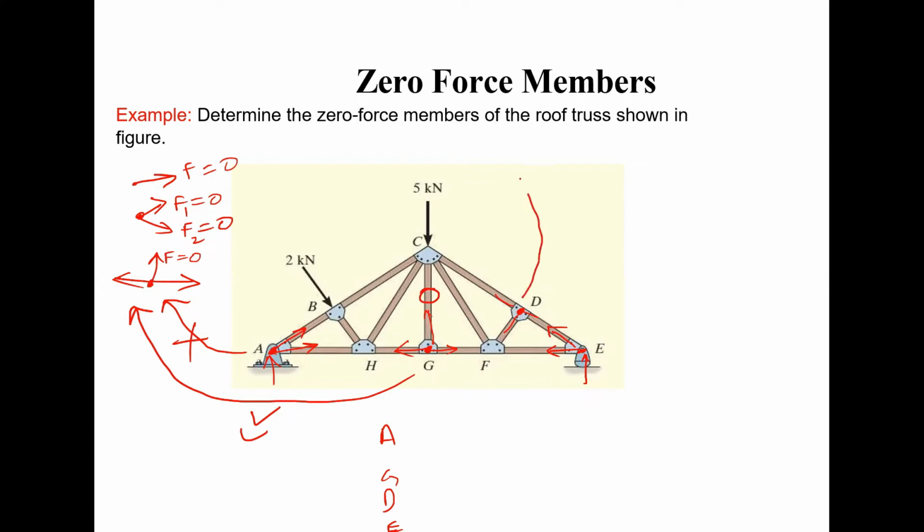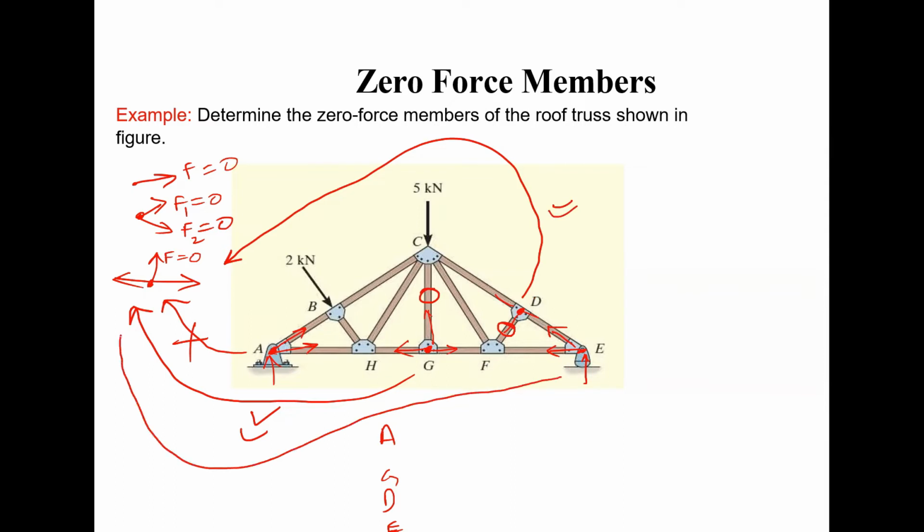Now again, this D joint is also similar to this FBD, where two forces are acting along a straight line and the third force is acting in this way. So you can say that this member will also carry zero force. Okay, so this is also valid, but the FBD of the E joint is not similar to this FBD. So you can apply this shortcut rule only on joint D and joint G.